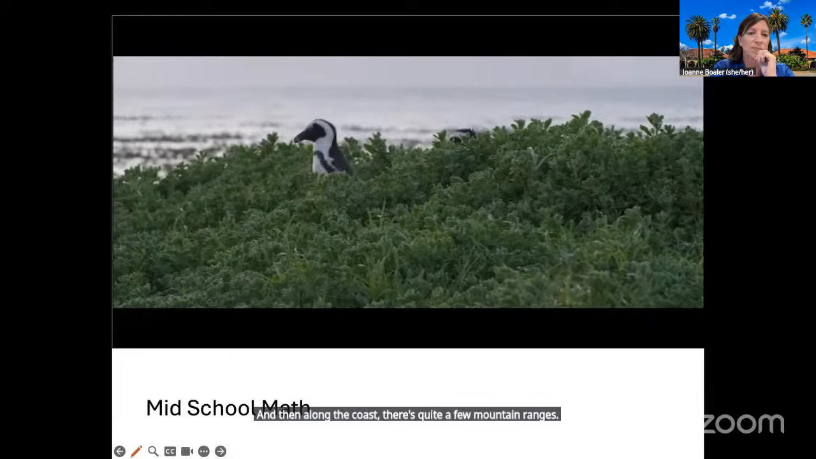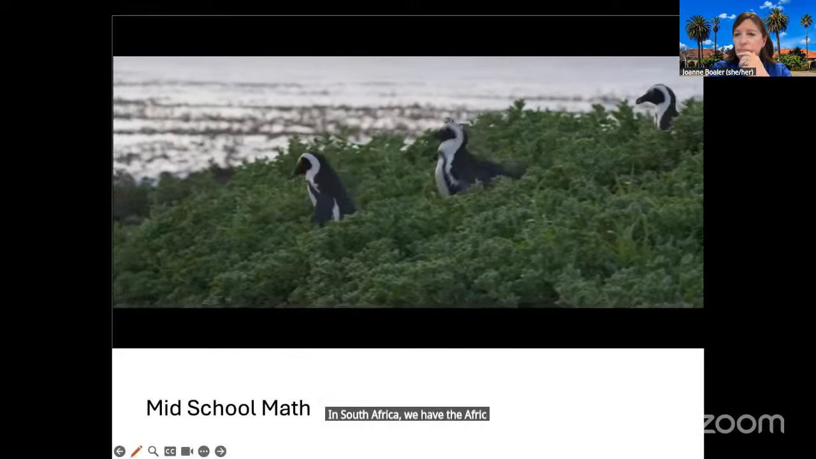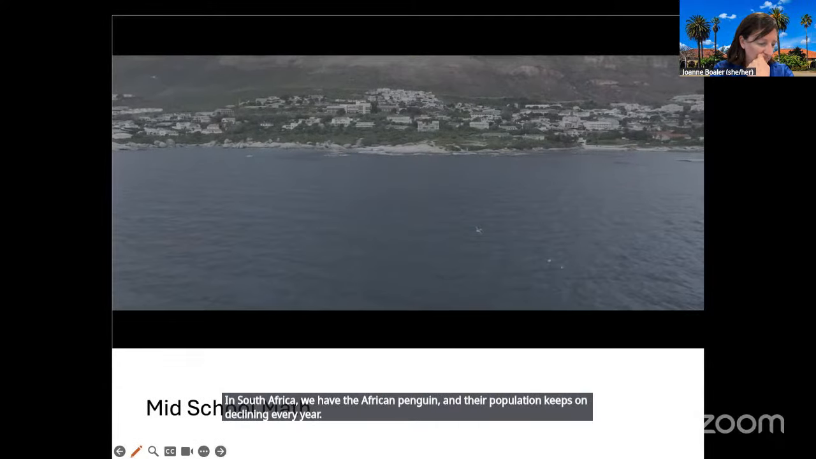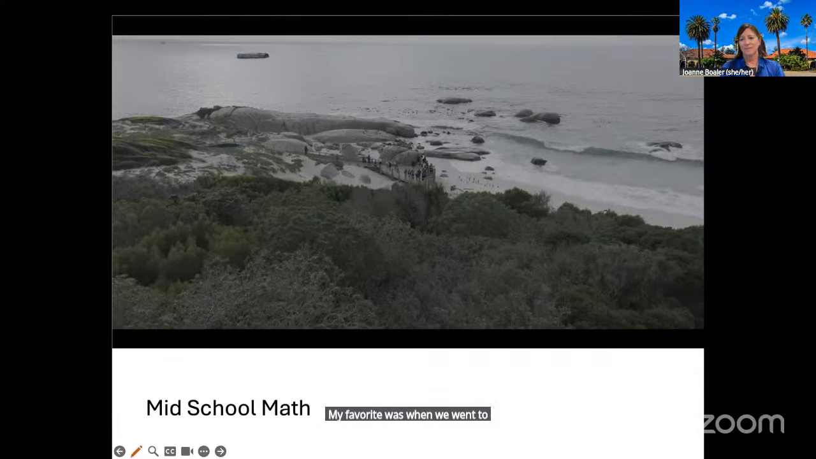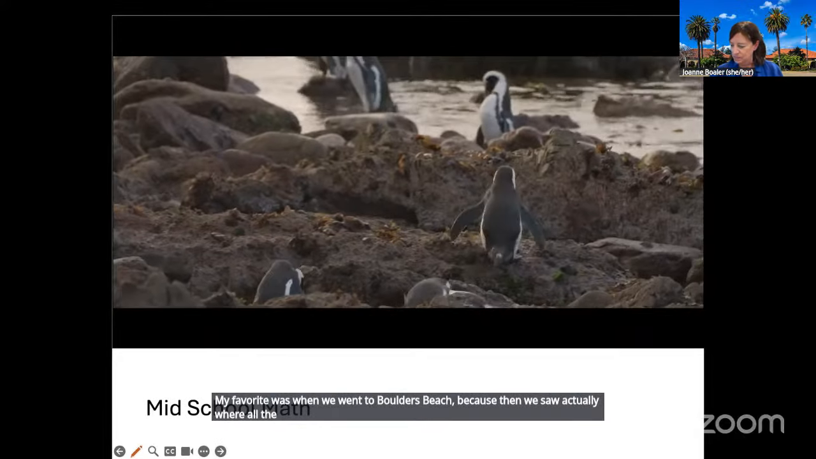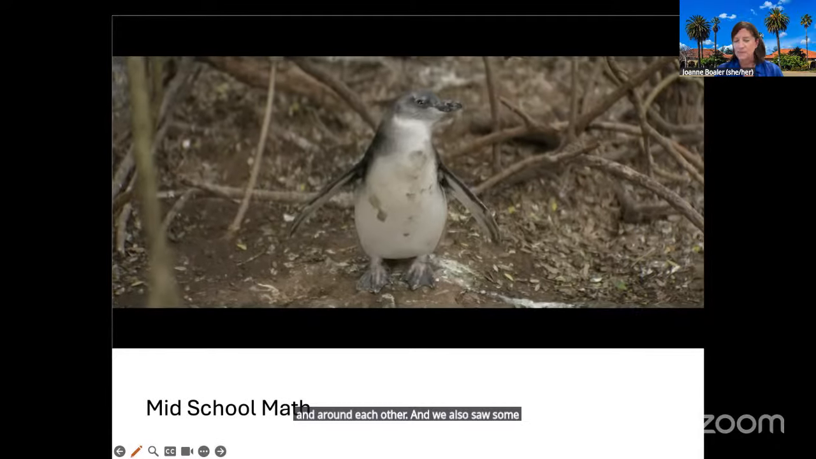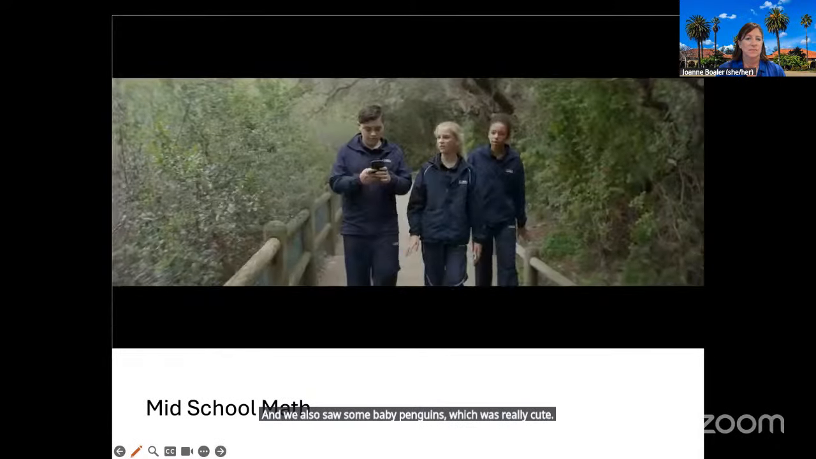In South Africa we have the African penguin and their population keeps on declining every year. My favorite was when we went to Boulders Beach because then we saw actually where all the penguins' nests were and how they acted around each other. And we also saw some baby penguins, which was really cute. Oh, there's so many penguins over there. Check out the